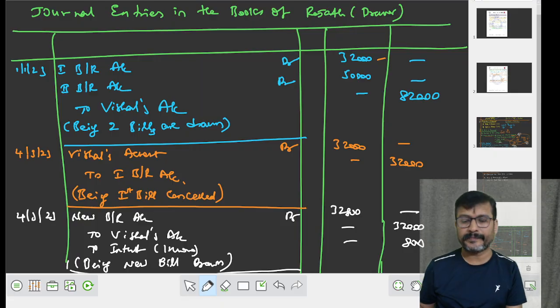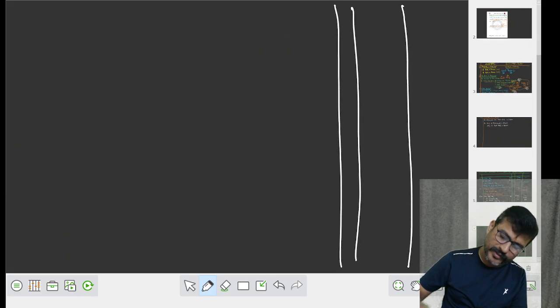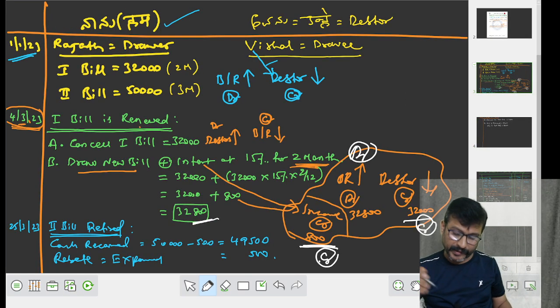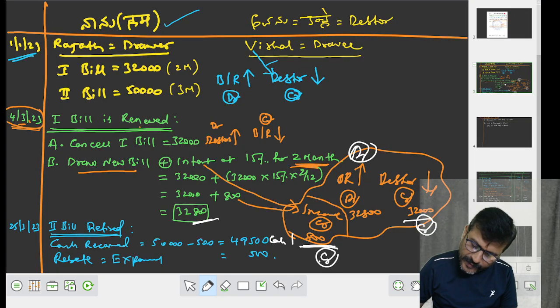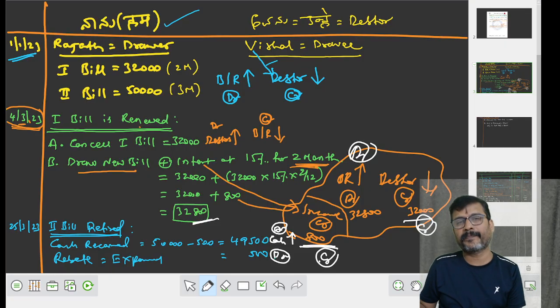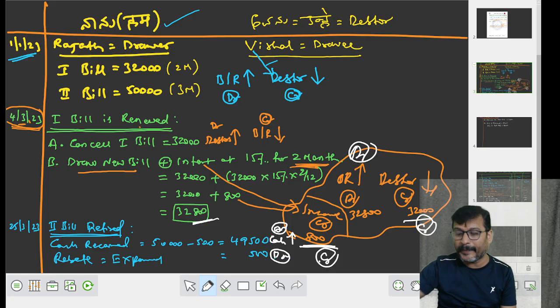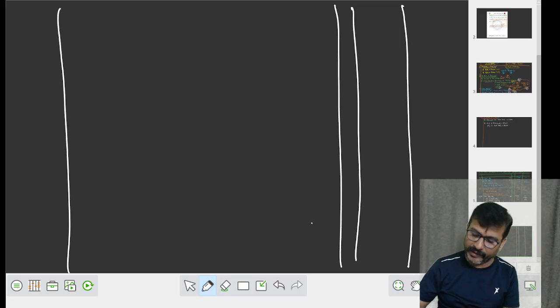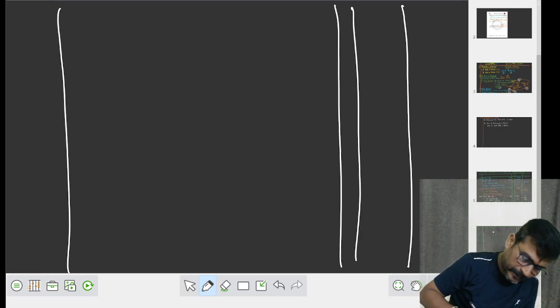अब तो न्यू बिल ड्रॉ हुआ. बाद में क्या करते हैं? When once the new bill is drawn, बाद में क्या हुआ? Please listen to me. Look towards the material. Second bill is retired. When second bill is retired, cash received. When you received the cash, your cash increases. It is to be debited. There is a rebate as an expense. It is also to be debited. What is debited? Cash account debit, rebate account debit. Your second bill decreased. What is the date, my dear student? See, what is the date of that particular transaction? 25th March 23.